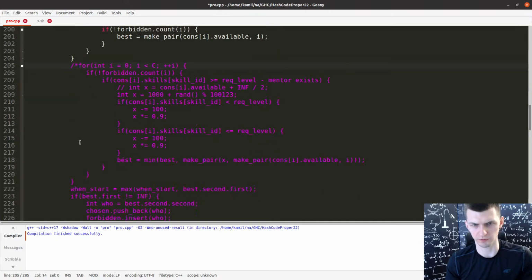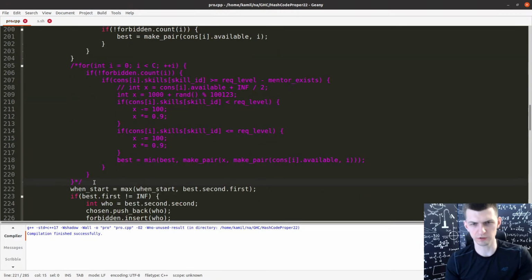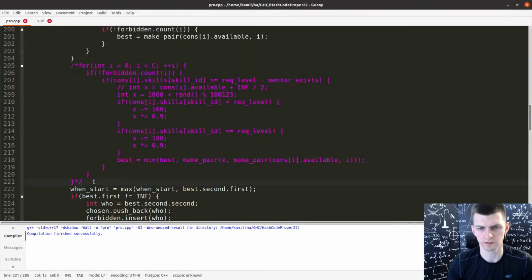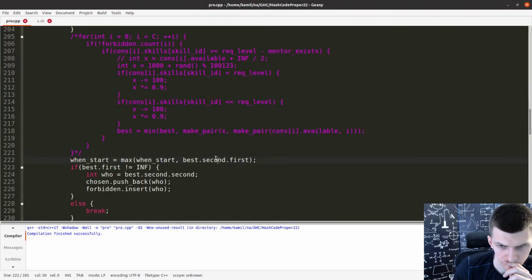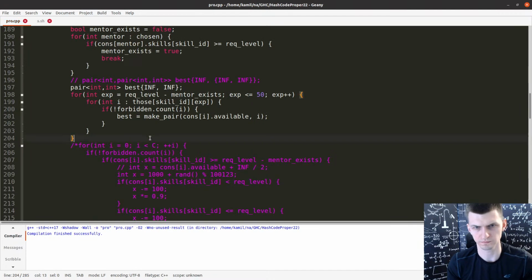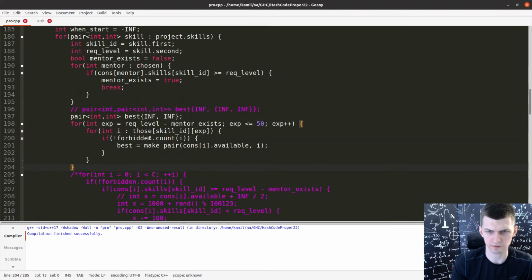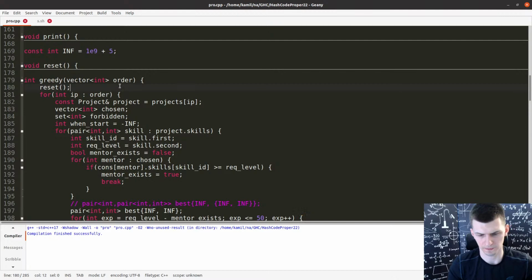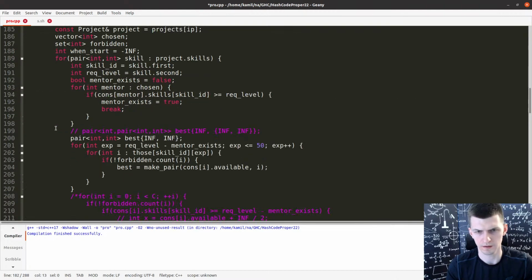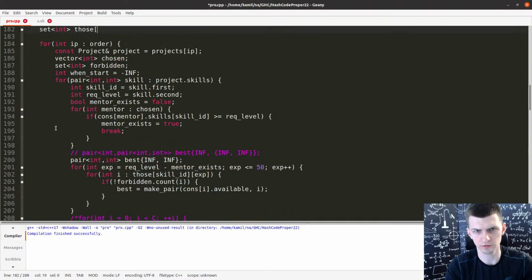This code I'm removing, but I'm not choosing a person who will be available first. Now let's maintain those sets. There are sets, those with skill ID 1050.